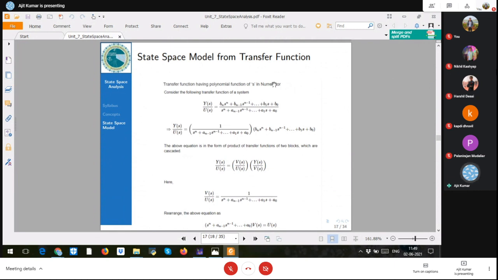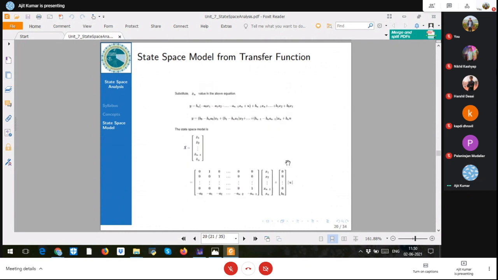The second case was when in the numerator we have a polynomial function of s. Then essentially, if you see carefully, it's the combination of a constant by denominator times this polynomial in the numerator. We know how to find the state space model for this, and then we separated this out. So now you can say that this is essentially a combination of two different transfer functions, which is V(s) by U(s), and this can be Y(s) by V(s). You see, V(s) by V(s) will get cancelled. It will become again Y(s) by U(s), which is this one. So this also we have seen.